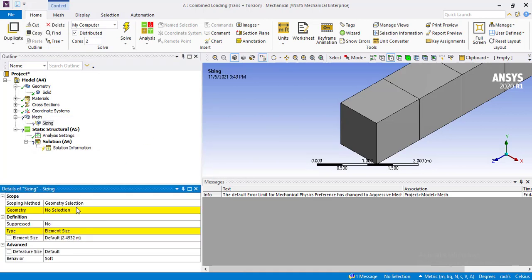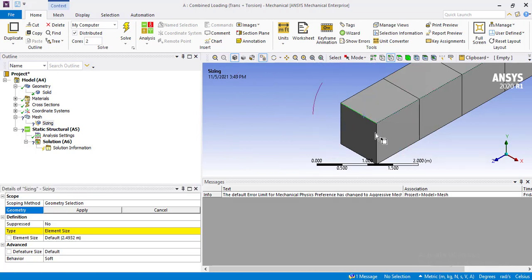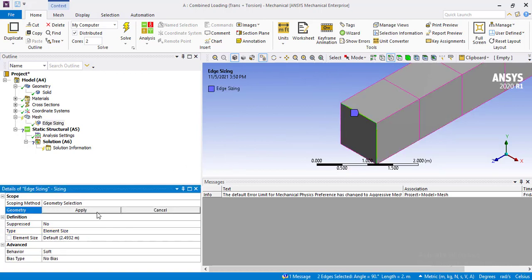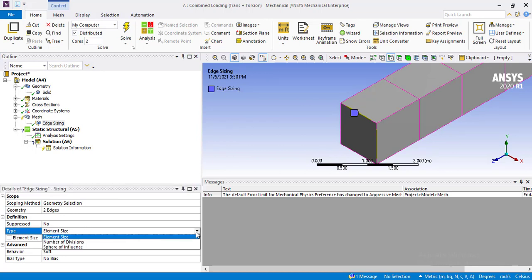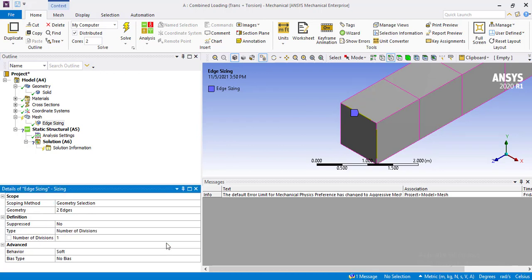Now we will select the geometry. Select this edge and this edge, both these edges, and click apply. Change the type from element size to number of divisions and enter a division of 10 and press enter.